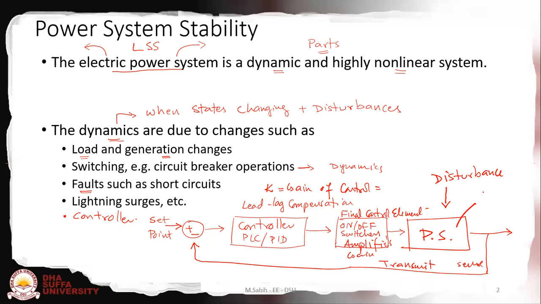So we will have something like x dot equals AX plus BU, and Y equals CX plus DU, where U is coming from here. A basically belongs to this system, B belongs to this system, C belongs to this system, and D too. So this is a state space representation of the system.